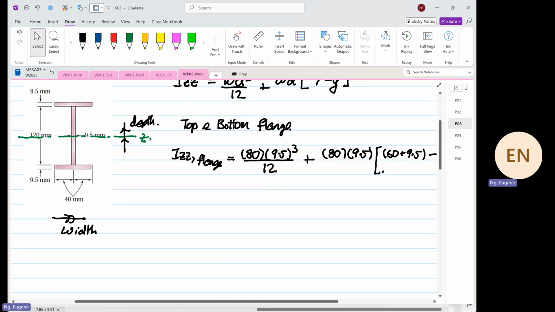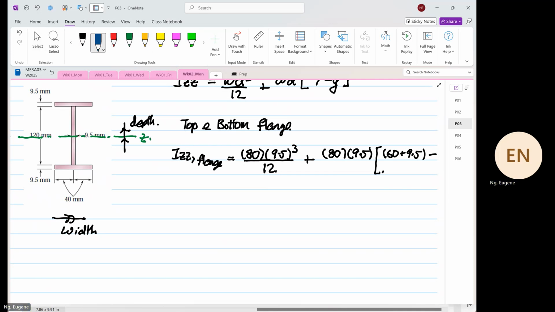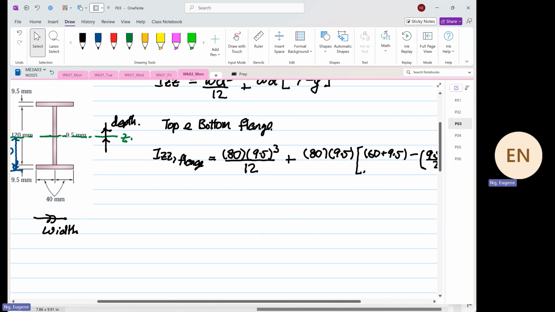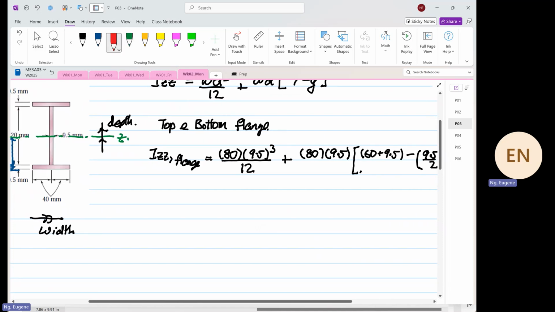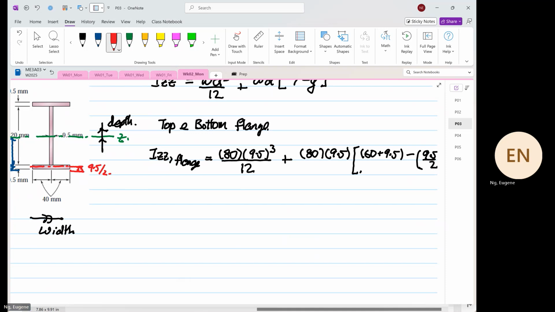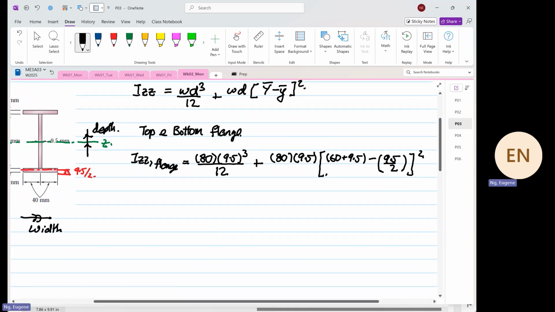So why 60 plus 9.5? Because the distance from here to here is 60 plus 9.5. Yes or no? The 9.5 is the other small part. Okay. And then why do we have to do 9.5 divided by 2? Because over here, the position from here to here is 9.5 divided by 2. So that's how we determine the global centroid multiplied by